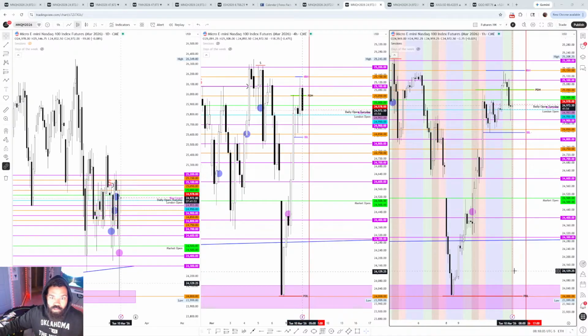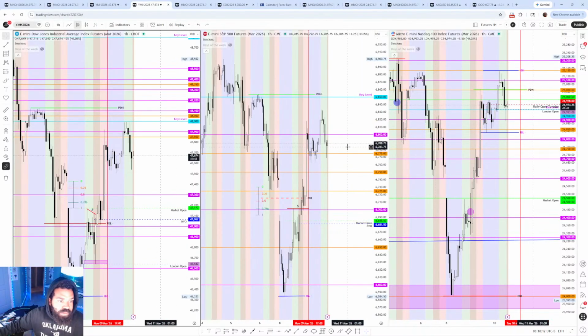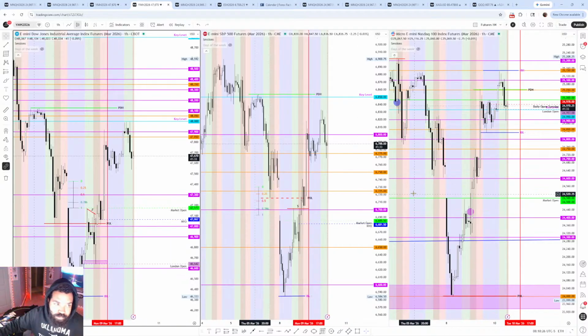Good morning. What you guys see here is going to be the higher time frame of NQ, but I need to go over and update the ES and YM here really quick before we get started. So I'll go over a quick breakdown of what I believe we're seeing, but I do believe that we're seeing an overbought market and distribution potentially. So let me move these things over here really quick, and then we'll be ready to start.